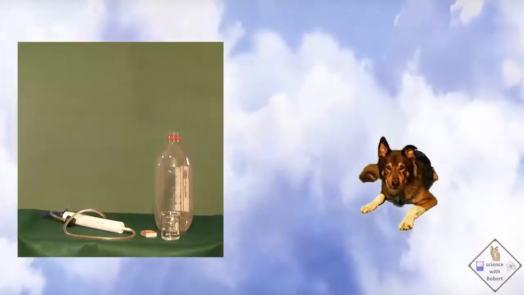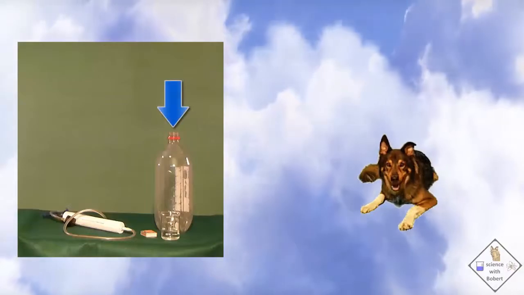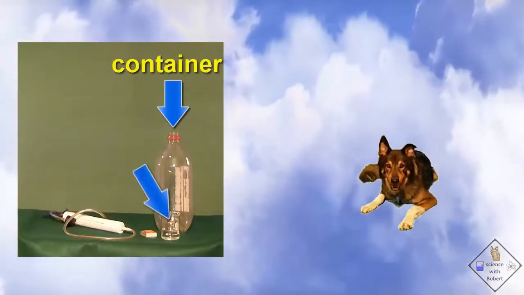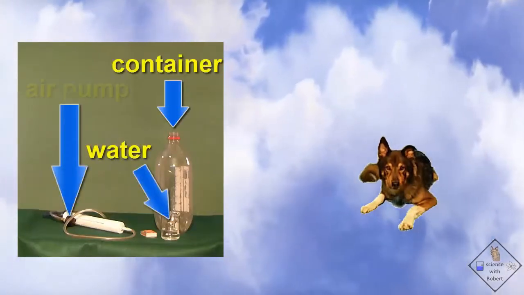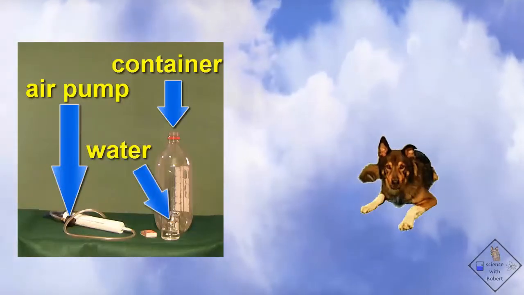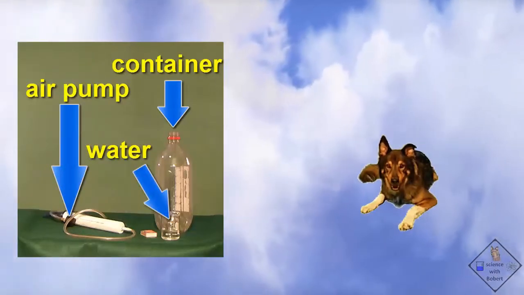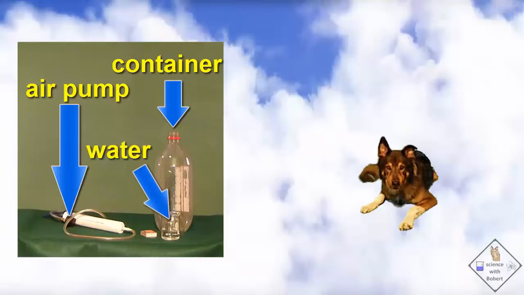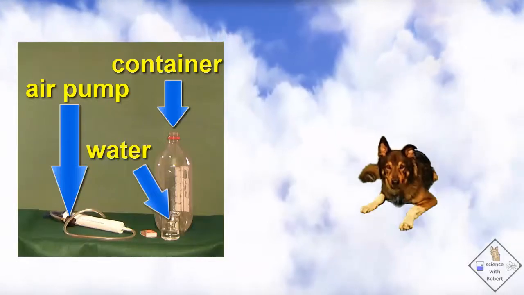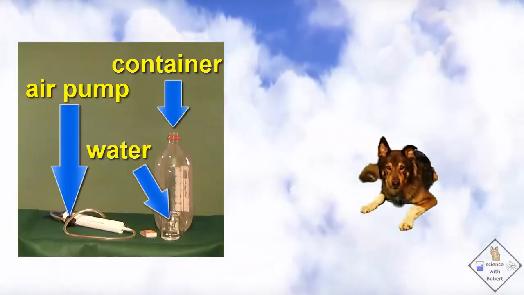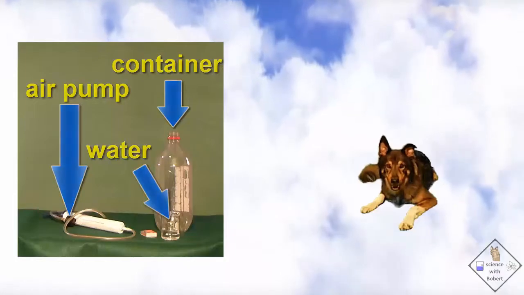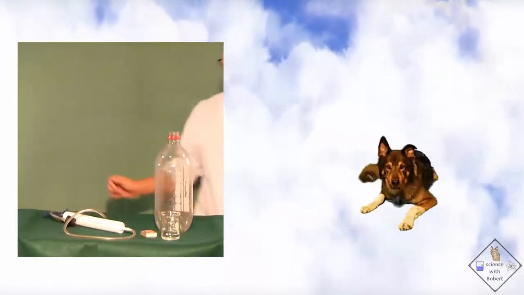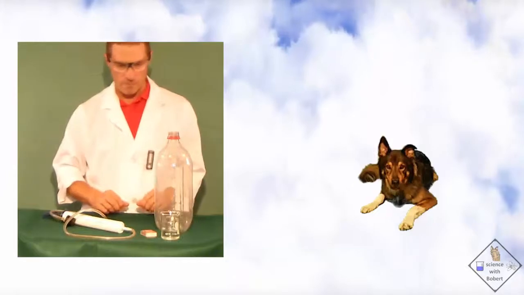Okay, let's see if we can make a cloud in a jar. It seems that all we need is a container, some water vapor. We'll use the hygroscopic nuclei that are naturally in the air, and then an air pump to create wind, which should cool down the water vapor to make microscopic water droplets. Okay, Dr. Smith, have at it.